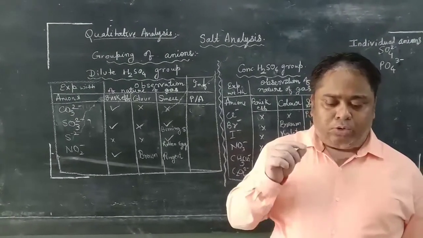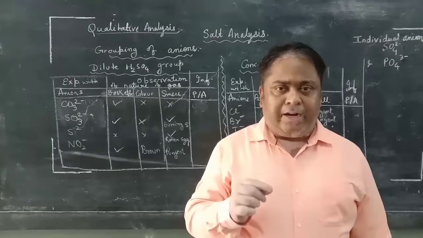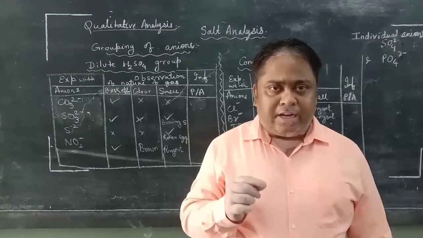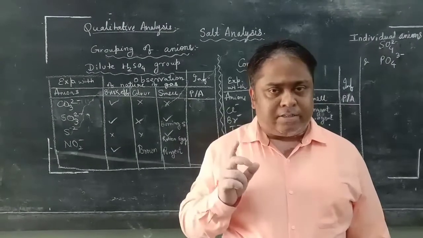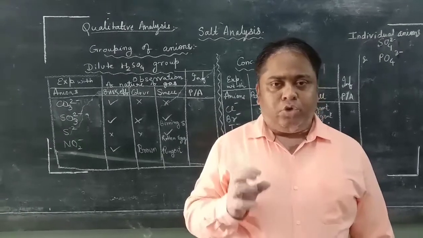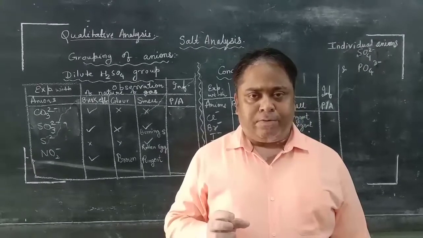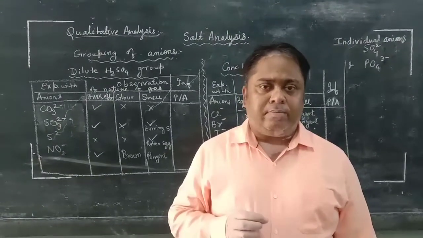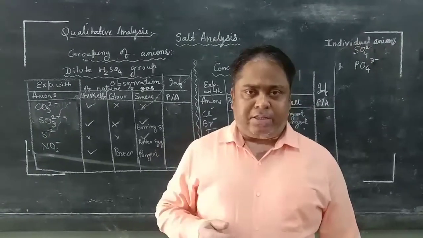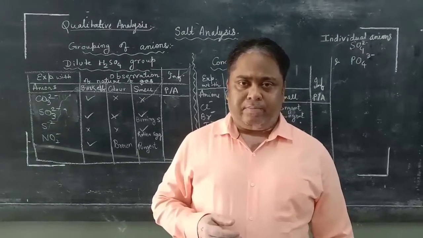Assuming that you do not know anything about cations and anions, let me make it clear: cations are the positively charged ions and anions are the negatively charged ions. Together they form a salt. In the exam, you will be given a salt containing a pair of cation and anion, and you have to run a few chemical tests to find out which cation and which anion is there.